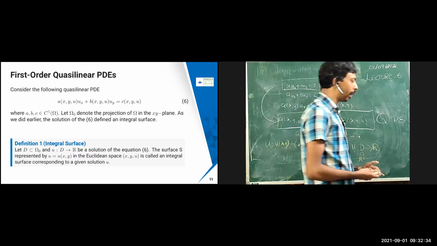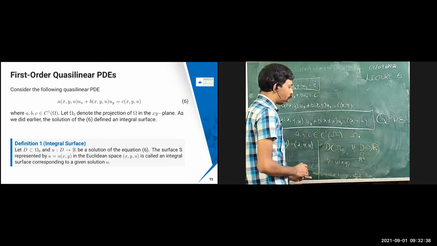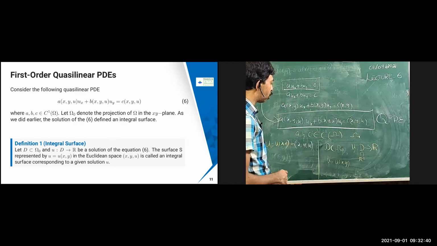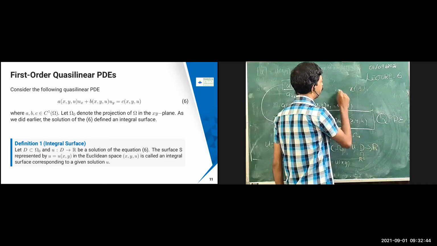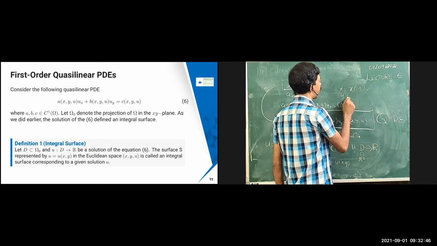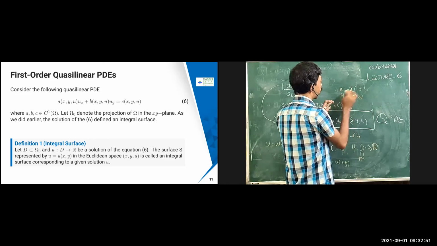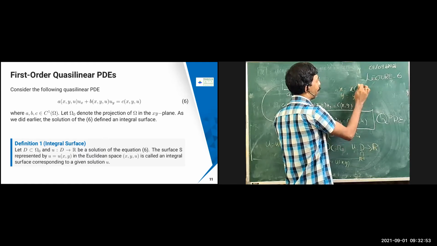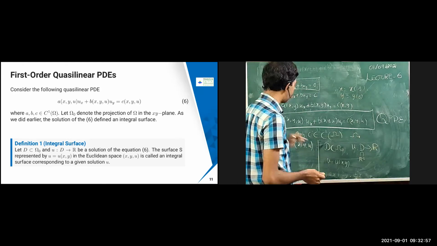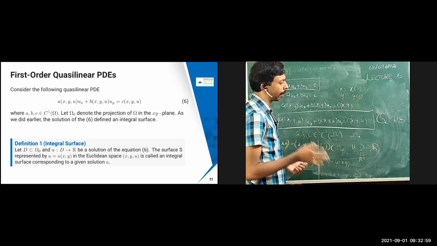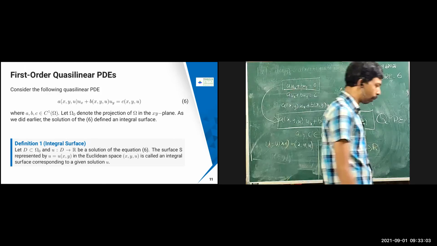Now the question is, how are we going to derive this integral surface? Once again, what I will do is transform this into the format x equal to x of s, y equal to y of s. Then both x and y are determined by some parameter s. Therefore, this becomes a PDE to ODE problem. I will solve it in the ODE setup, and then come back to the PDE problem. That's what we are going to do.